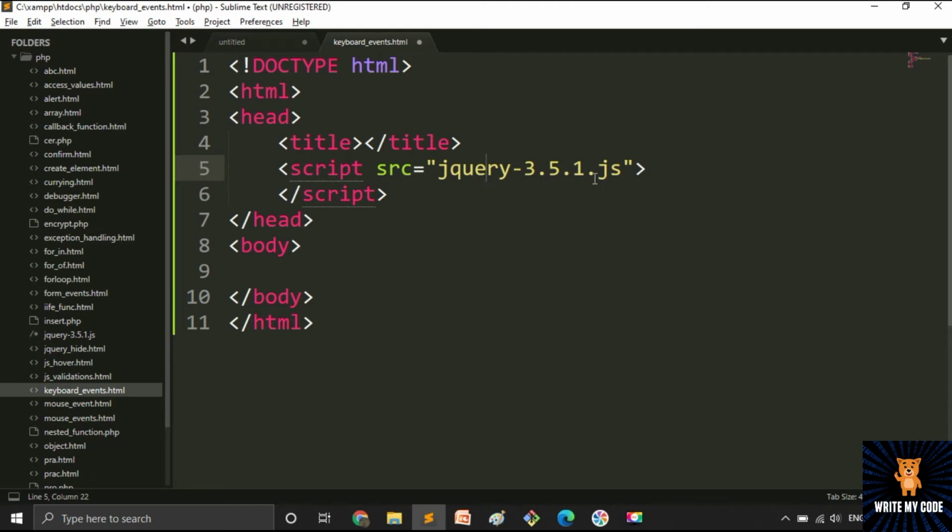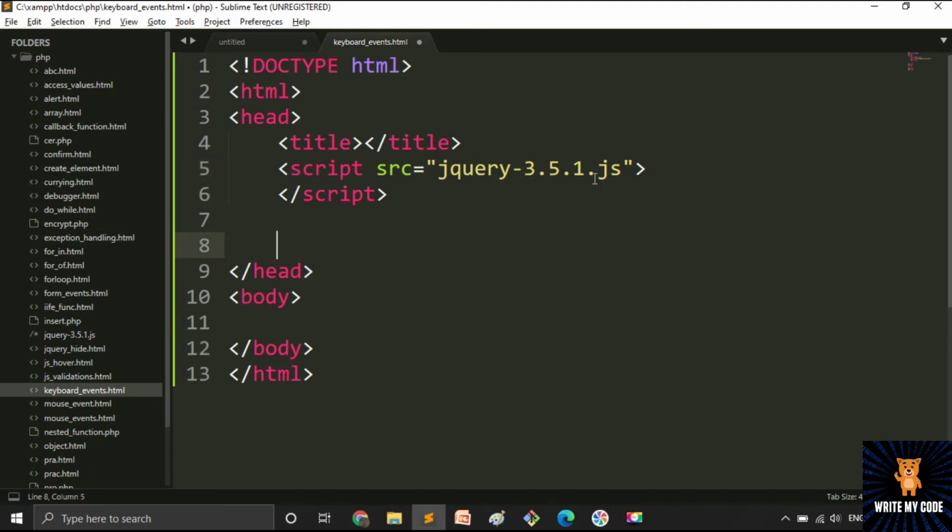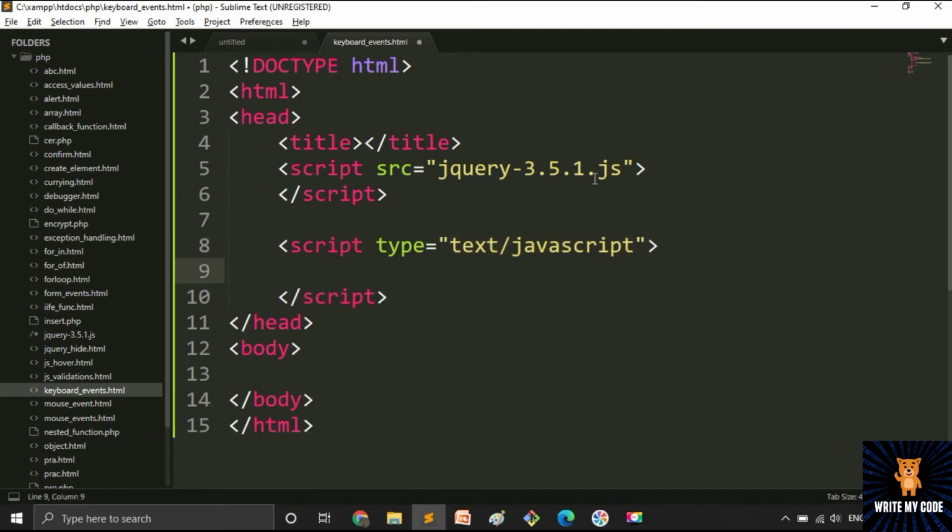Now if you haven't set up it and you don't want to set up it, then use the direct link using CDN. And if you want to set up it, then after setting up you can write the jQuery its version.js. How to implement these things? For that refer the previous videos. Now what we will do? We will place the script tag, and between the script tag we will write our code for the jQuery.